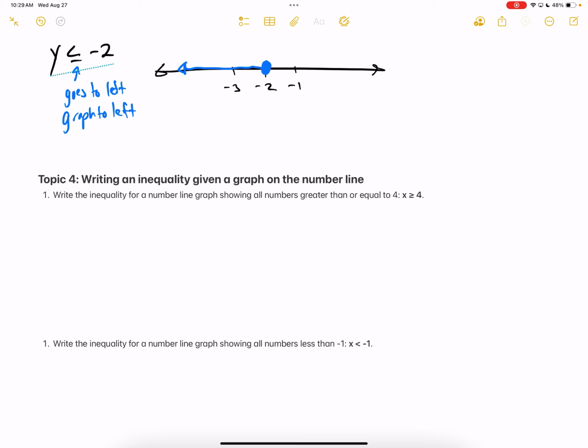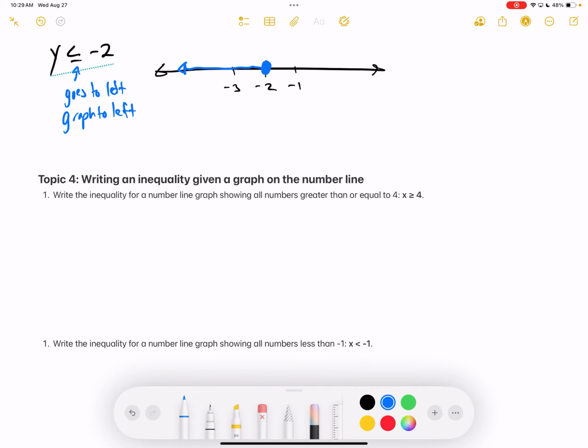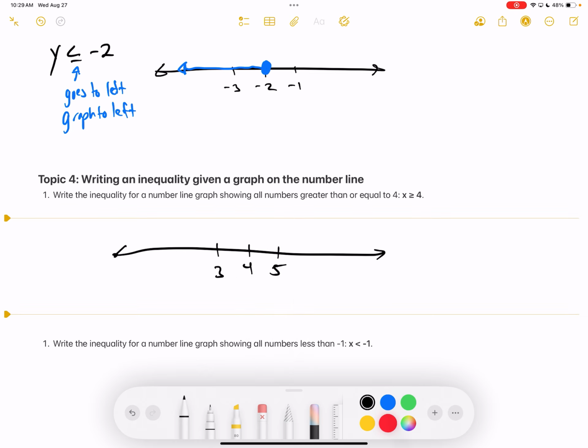All right, write an inequality for a number line graph showing all the numbers. Oh, so this one in Alex, it will give you something like this. I know we have the answer right there, but I didn't read this before I wrote it, so that's no problem. If I have this right here,